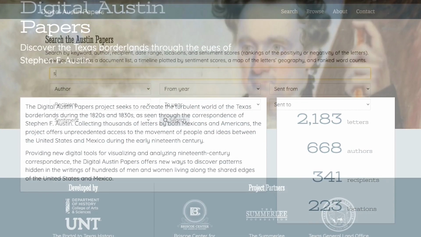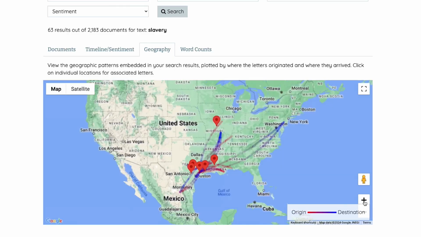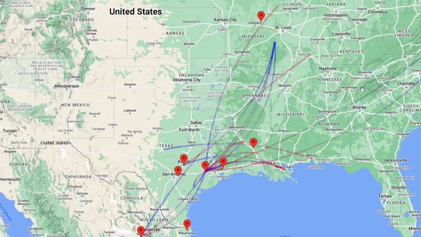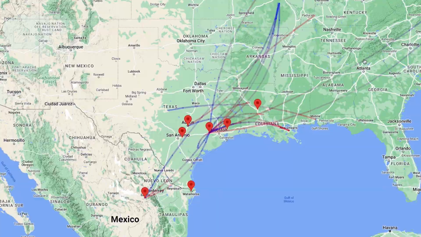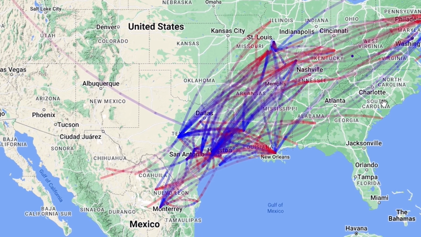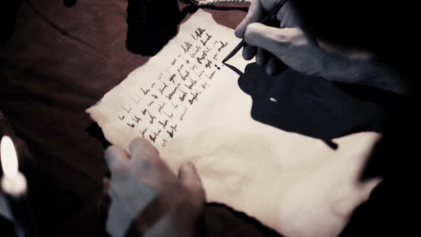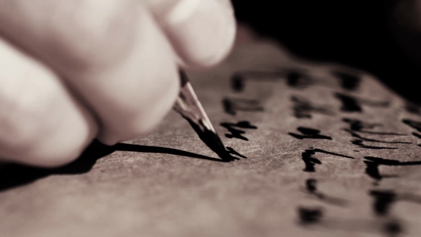So once we have all that in the database, what we try to do is find different ways to basically turn the information around digitally, to see it in 3 dimensions. So if you search Austin's letters for slavery, you get some results back, and you can map the geography of where the letters are coming from and where they're going to. You can map all the different language patterns and identify what he's talking about in terms of the people he names the most, the topics he talks about the most, and you can dive more deeply into different aspects of what Austin wrote about to try to see big patterns spread across the entire collection.